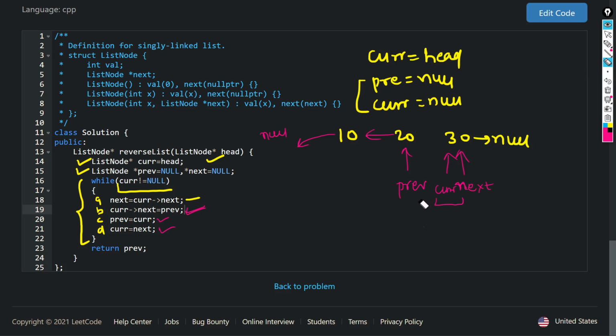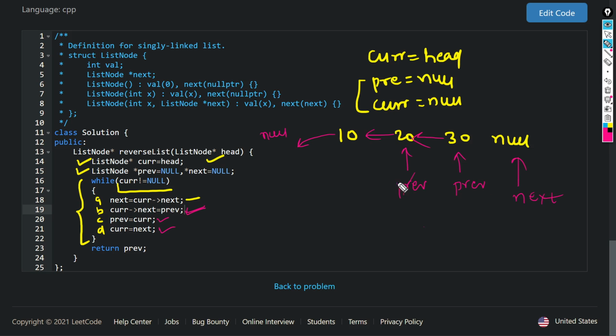After that, current next will be pointing to previous. So this link will be made, and this will be removed from here. After this step, next is pointing to null here. I will remove from here. Next is pointing to null, and previous is pointing to 30.